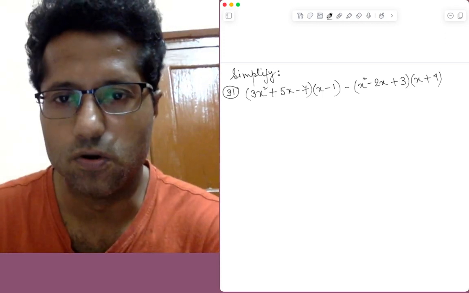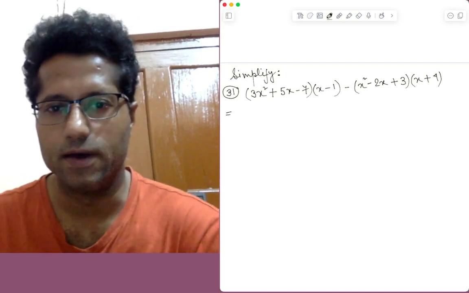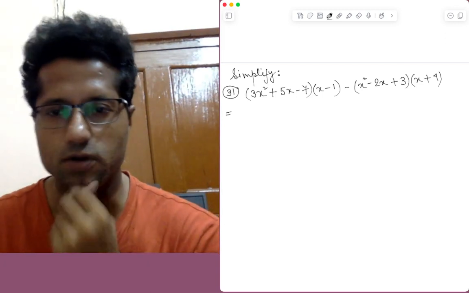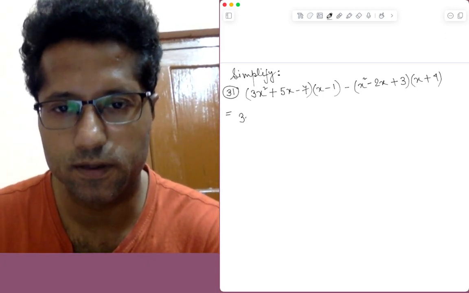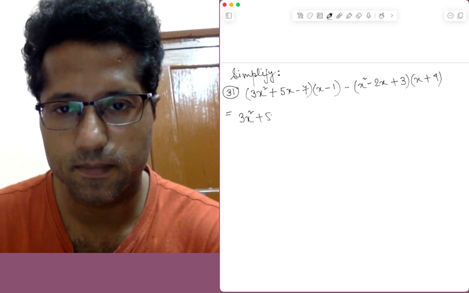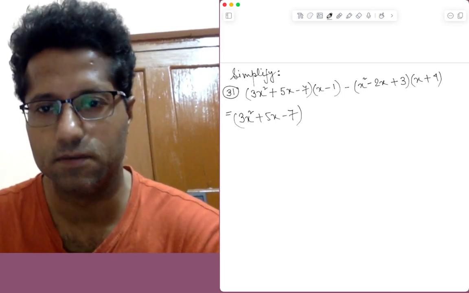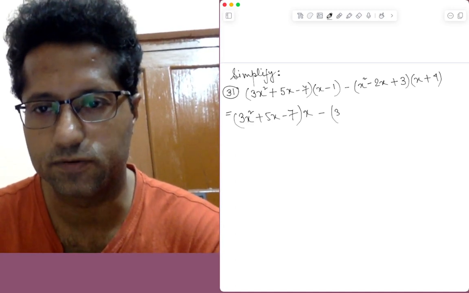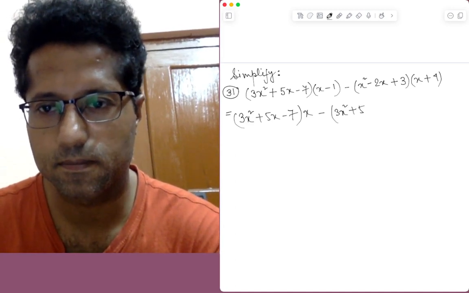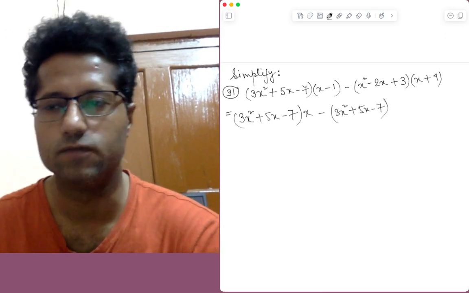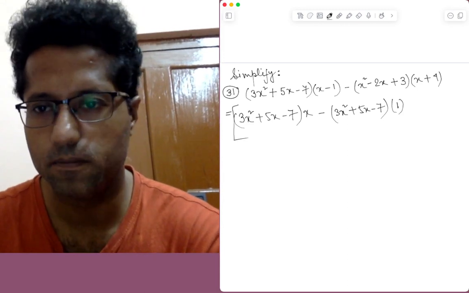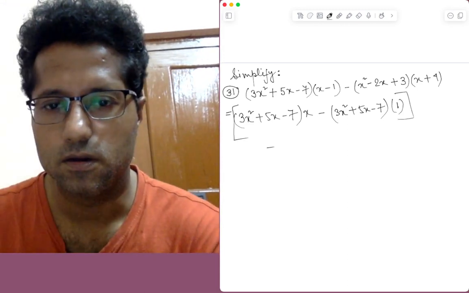Okay, so by using the distributive law of multiplication over subtraction for the first product, this becomes 3x square plus 5x minus 7 multiplied by the first term of the binomial, that is x, and since there is x minus 1, it will be minus again the trinomial multiplied by the second term of the binomial, that is 1. It's better to keep it in a grouping symbol. Now the second one